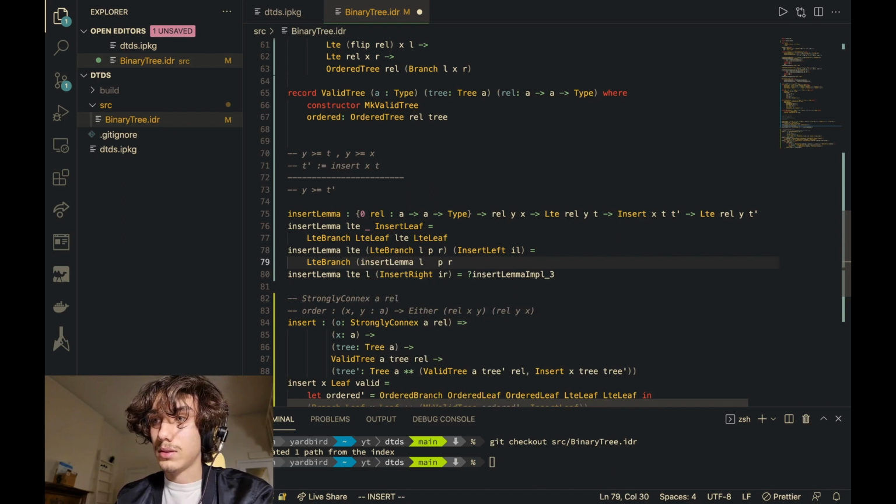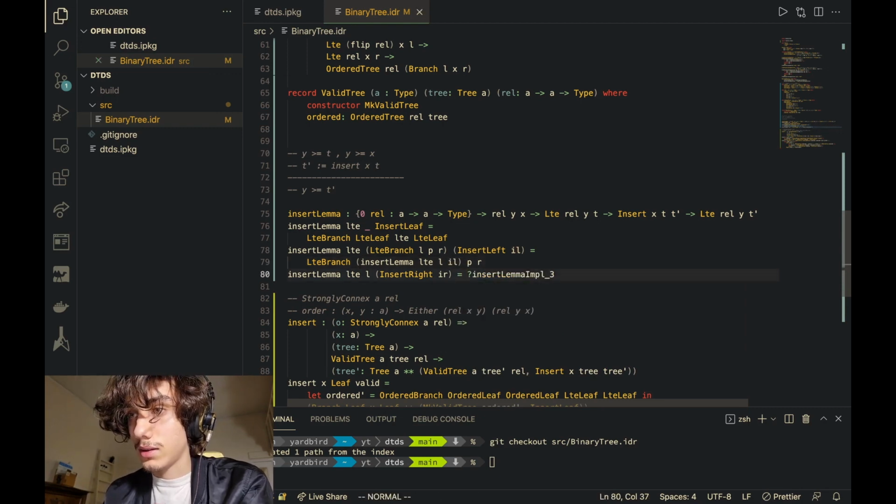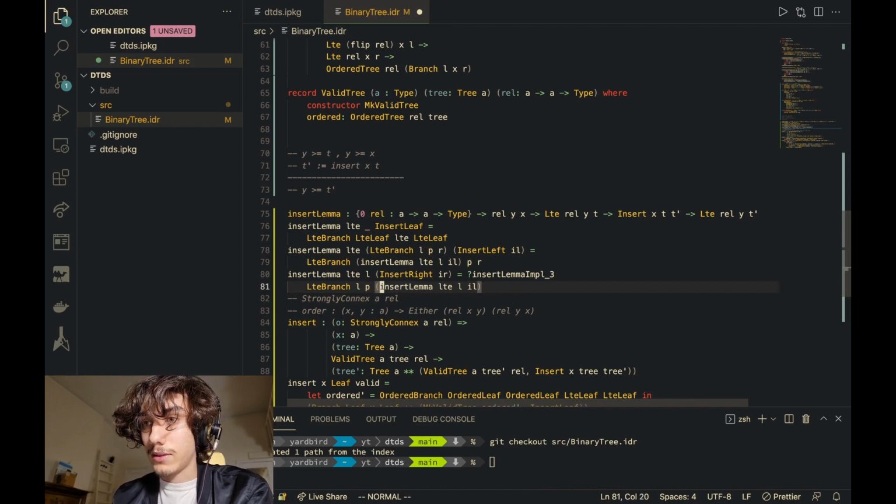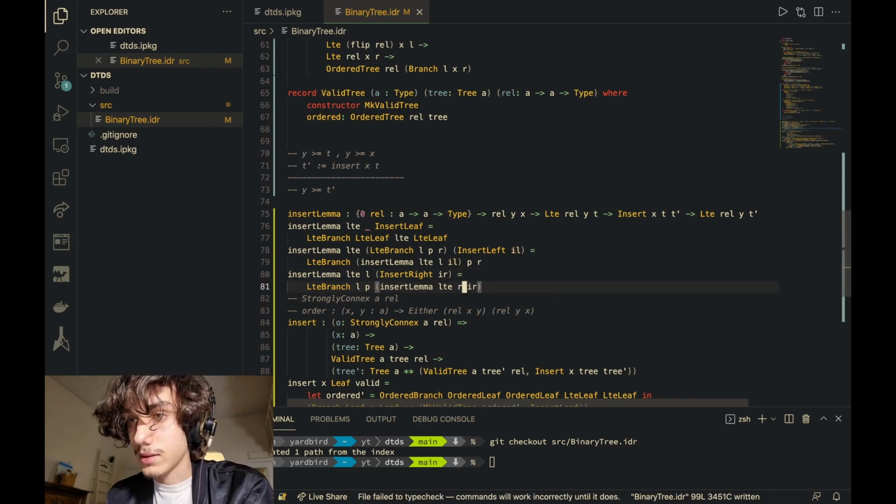And we can give it lte. Then we give it L. Then we give it IL. That's it. And then similarly, we do the same here. I'm going to just copy this. Should be pretty straightforward. It's a straight mirror of the left-hand side. So R, IR. And there we go. We've shown, oh,